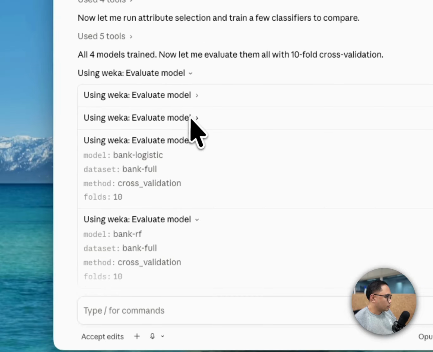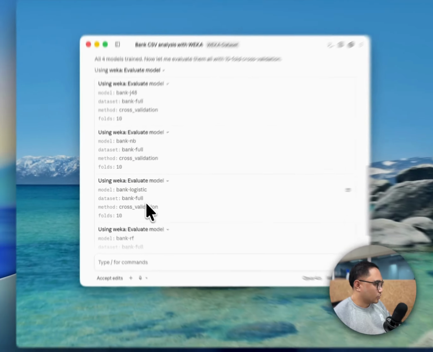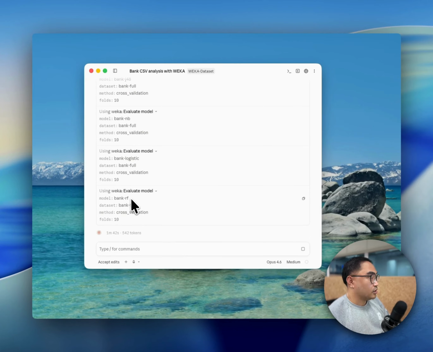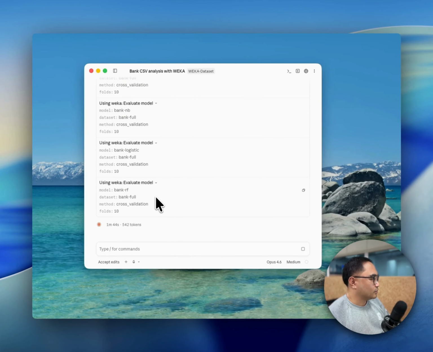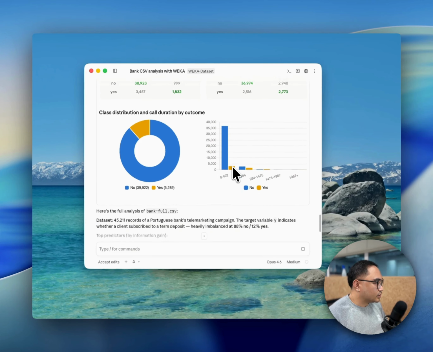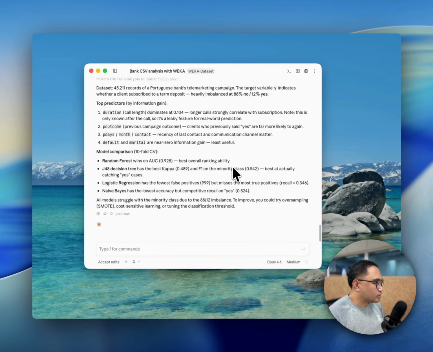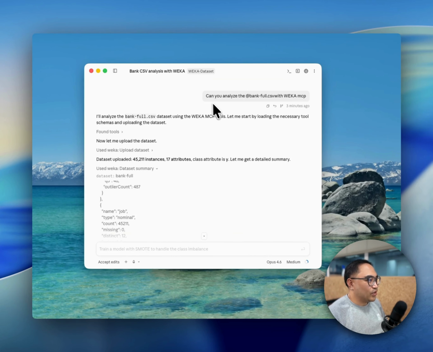So I think it's using naive Bayes, J48, logistic regression. RF, I don't know what RF stands for, but we'll soon find out. Okay, here's the result now. So with this simple prompt and using the WEKA MCP,